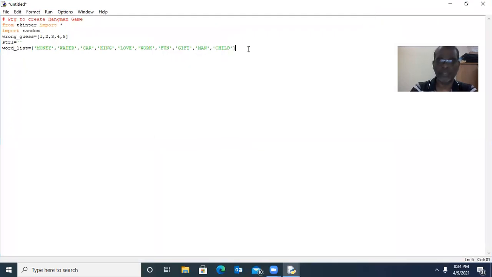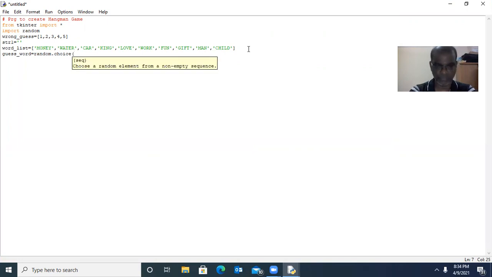Good. Out of these words, one word should be randomly selected. That will be assigned as the guess word. We have to find it out. Good. Now, guess_word is equal to random.choice of word_list. Good. That means it randomly assigns.